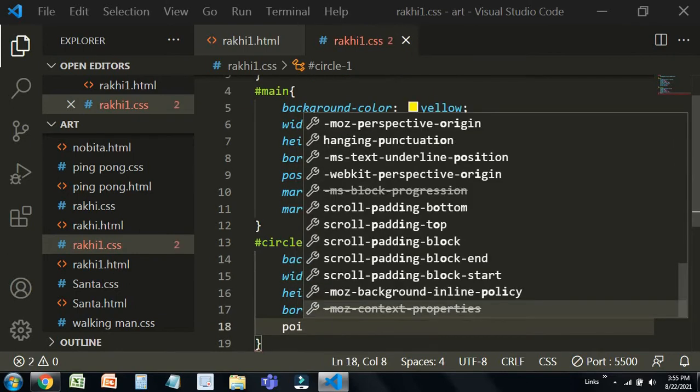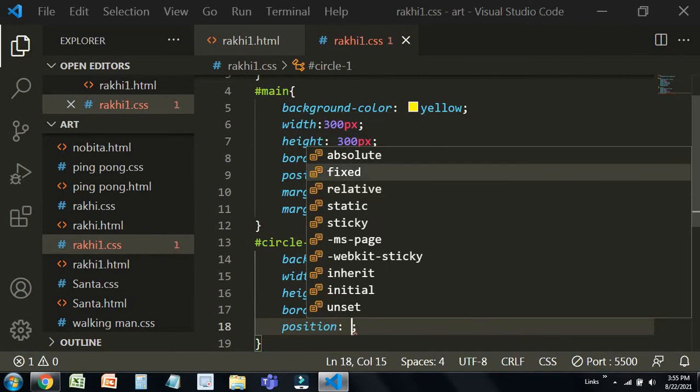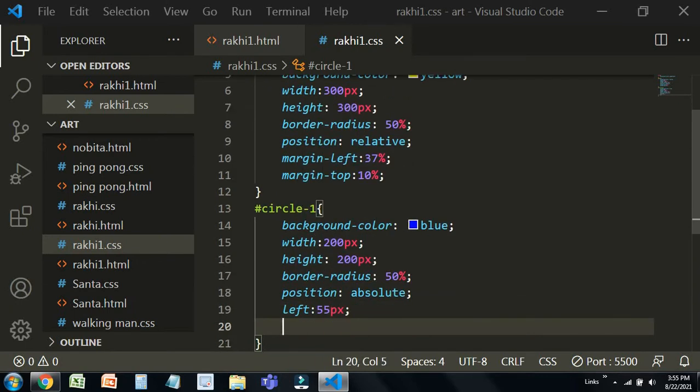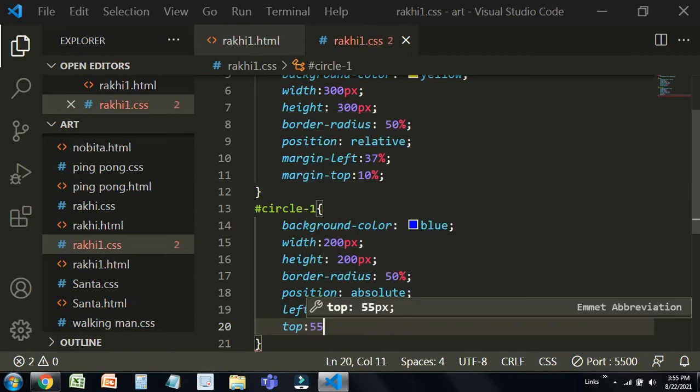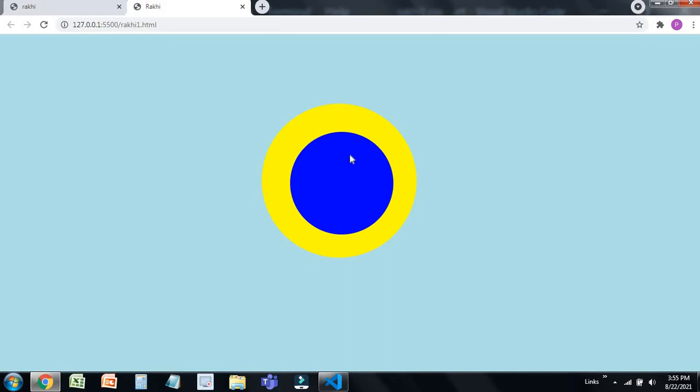Position absolute. Now left 55 px, top 55 px. Perfect. So you can see that something like this will appear, and if these sizes are not fitting on your computer screen, you can change the sizes according to your screen.